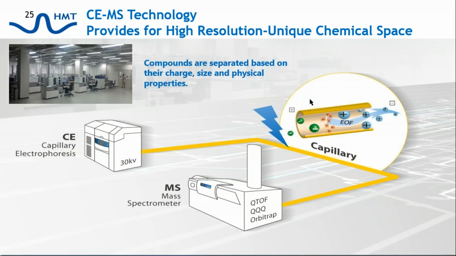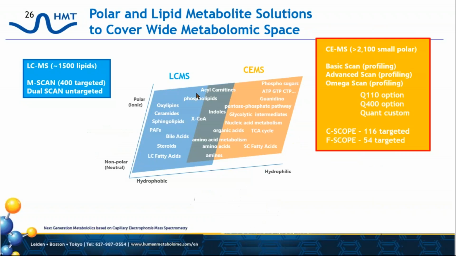Our capillary electrophoresis systems are focused on using open capillaries, which makes the exchange of capillaries easily done. We don't have any issue with standardization. These are fused silica columns, with 30,000 volts going across. The important point is that these metabolites are separated by charge and physical properties, which allows us to have clean, high resolution separations. And we have a large laboratory in Japan that conducts these analyses.